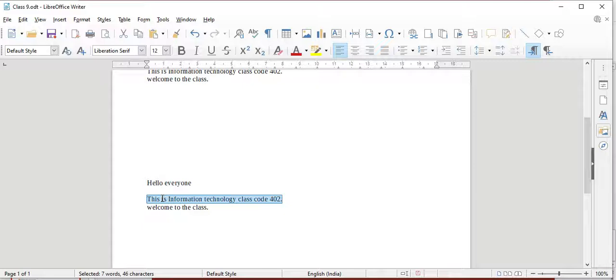To select the complete paragraph at a time, keep the mouse position anywhere in the paragraph and do a quadruple click, meaning four times your left mouse button.